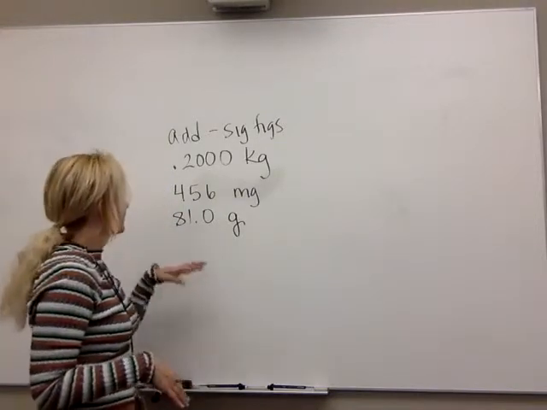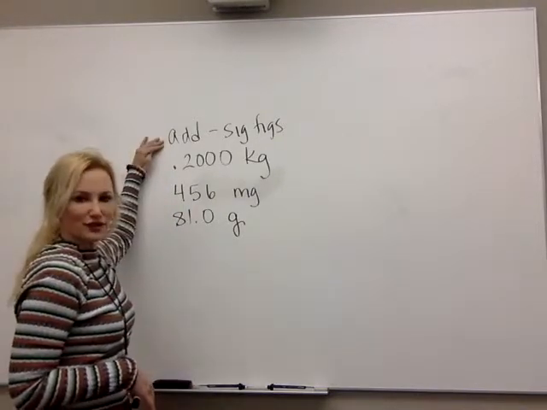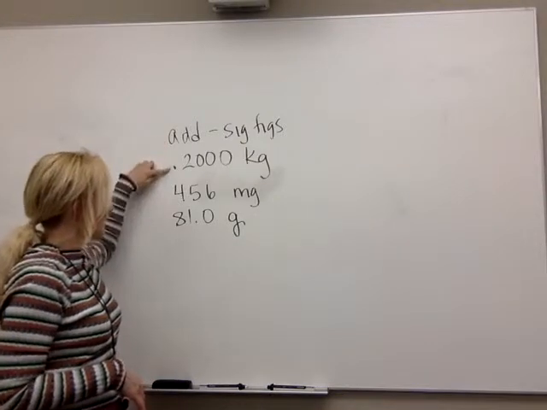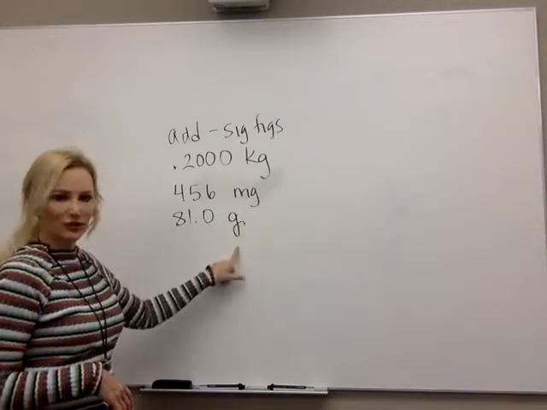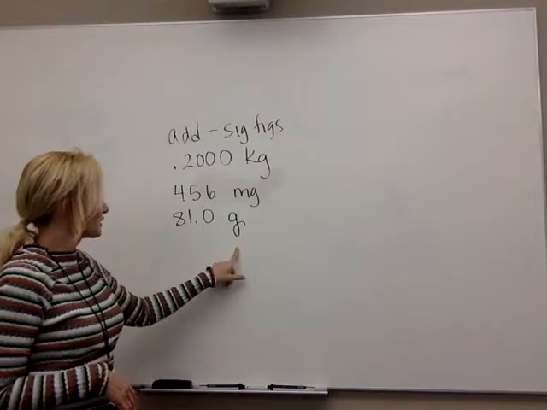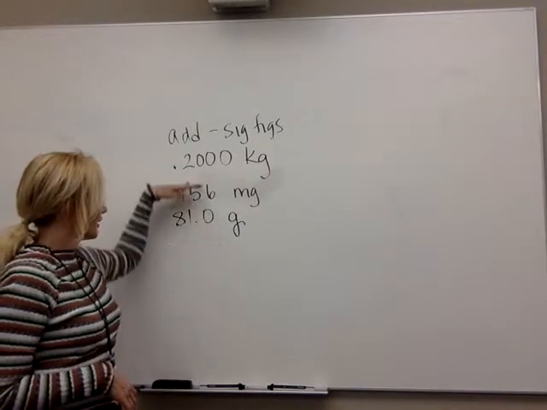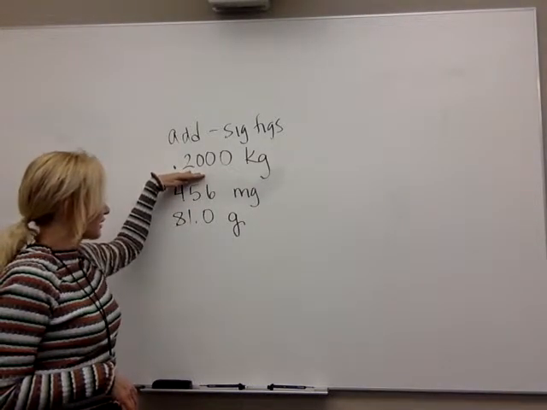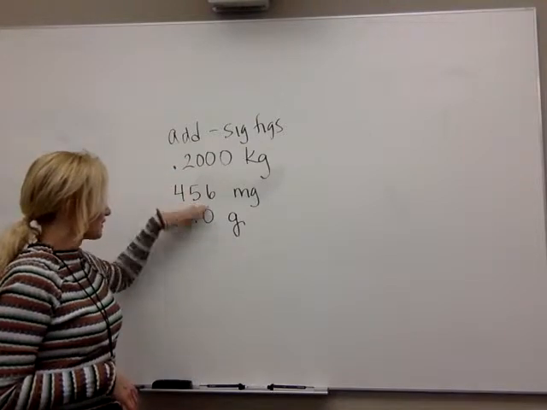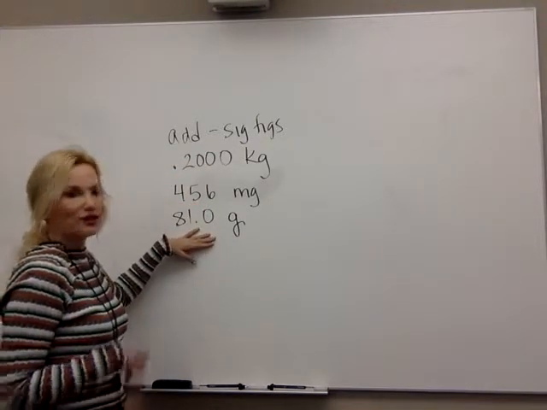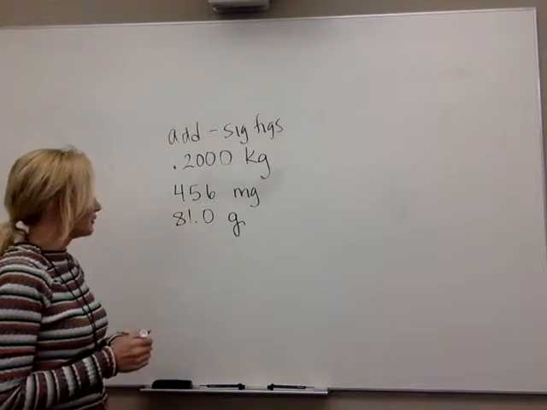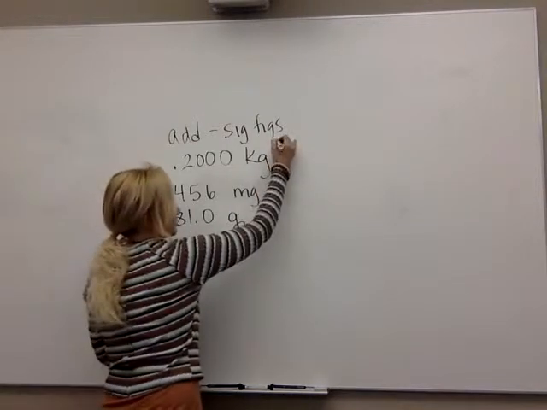So when you're adding with significant figures, the one rule is they all have to have the same unit. So when you come across something that has three different units, like 0.200 kilograms, 456 milligrams, and 81 grams, you have to convert them all into the same unit. Now, for kilograms,